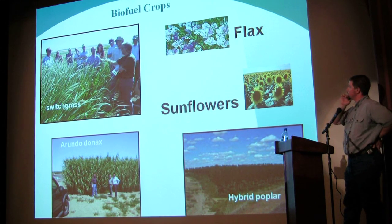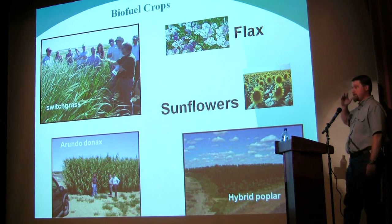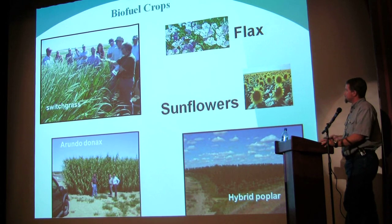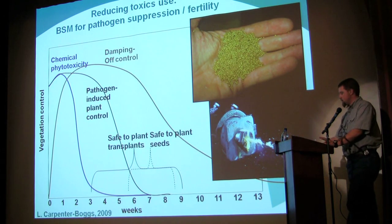We've also been doing some work with a couple of the C4 grasses, switchgrass, which I'm sure everybody's heard of by now, and Arundo donax, which is a noxious weed. Quite a few of the potentially good biofuel crops are noxious weeds. And we'll go further. One of the things that we're really interested in terms of the biofuel crops is alternative crops